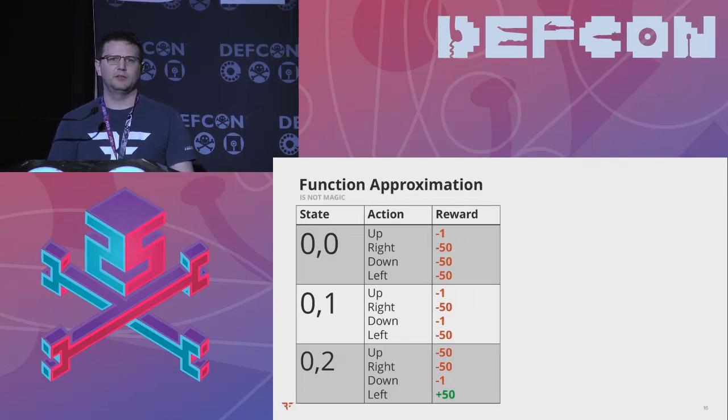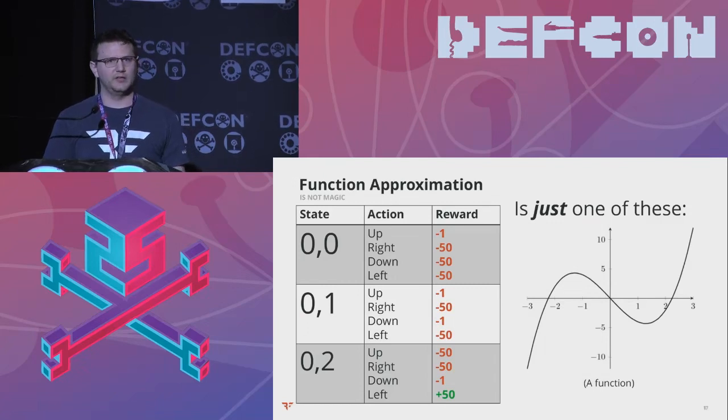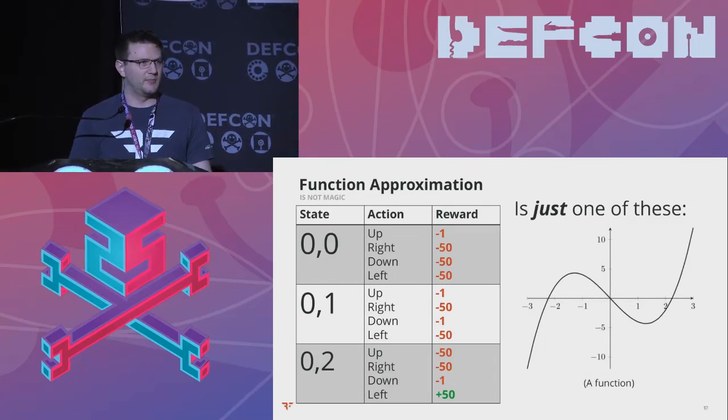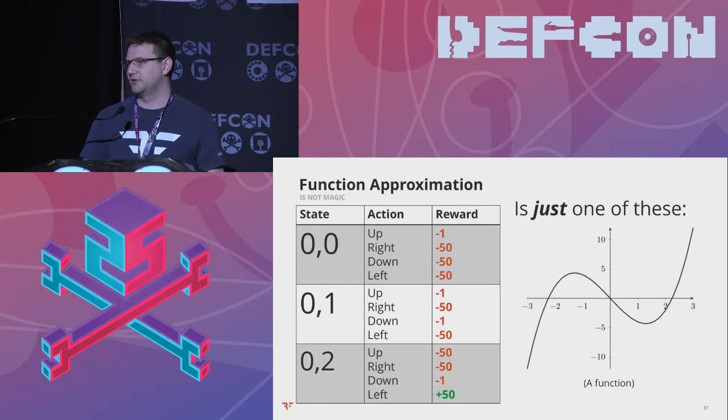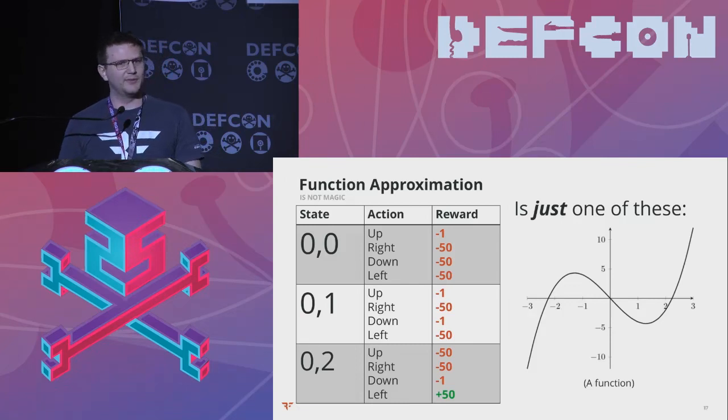So the main breakthrough here, the main idea behind actual machine learning as it happens in any normal sense, is that this table is basically just one of these, which is to say a function, a mathematical function, the sort that takes numbers in and produces numbers out in a predictable way. And so what can we do with functions? We can approximate them. And so we have a following great little explanation of how function approximation works without getting into some of the more nitty-gritty details.